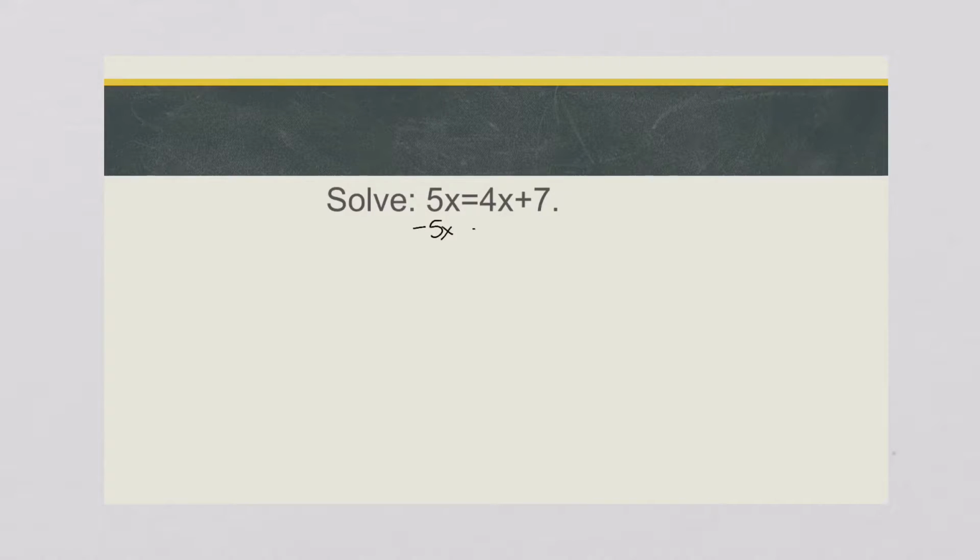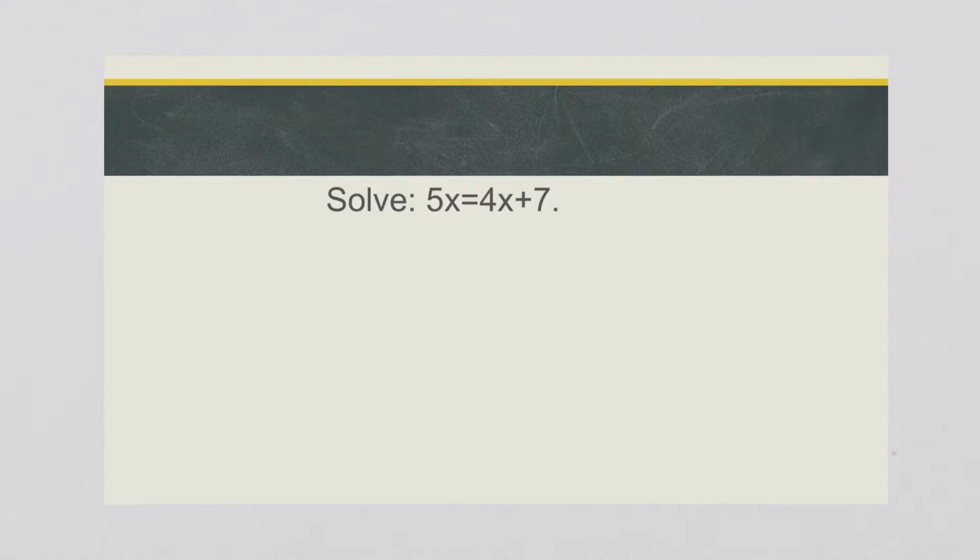If I moved 5x from the left side to the right side, here's what I get. 5x minus 5x is 0. 4x minus 5x is negative 1x, or negative x. And this really didn't help me a whole lot. I need to get that x by itself. So although it's not a wrong move, you have just added a step in order to get your answer. So my recommendation for this problem right here, I'm going to erase this,